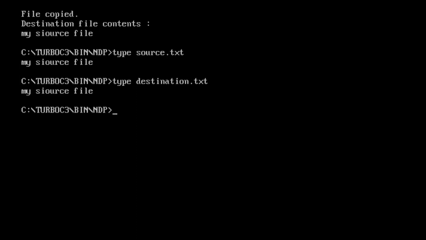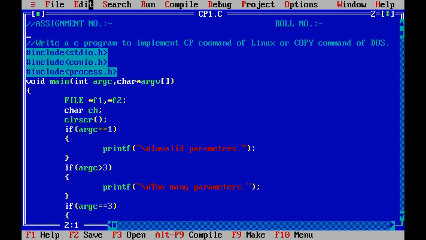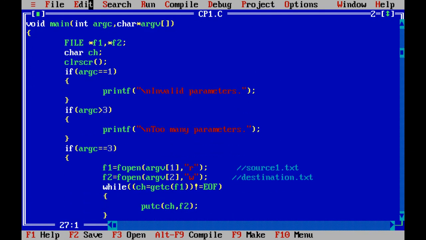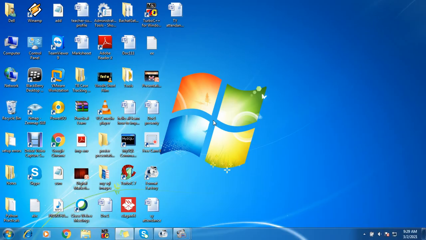The contents are the same, it has copied, the file is working. So this is how you should execute the cp command. Do not forget to take note that while counting the arguments, we count from 1, 2 and 3. While storing, it will store from position 0. When it is the copy command, the arguments will be 3. I hope you understood this code. Write it down and execute. Thank you for watching.